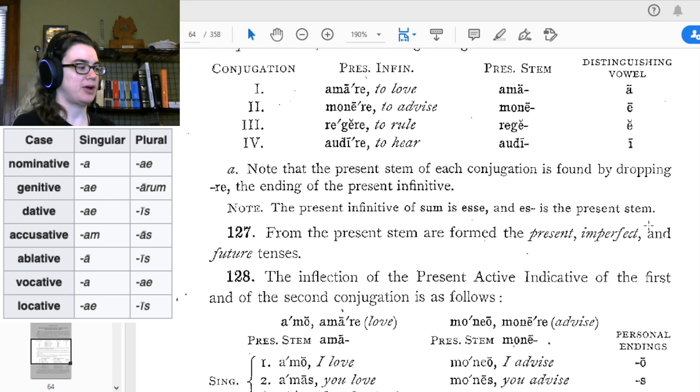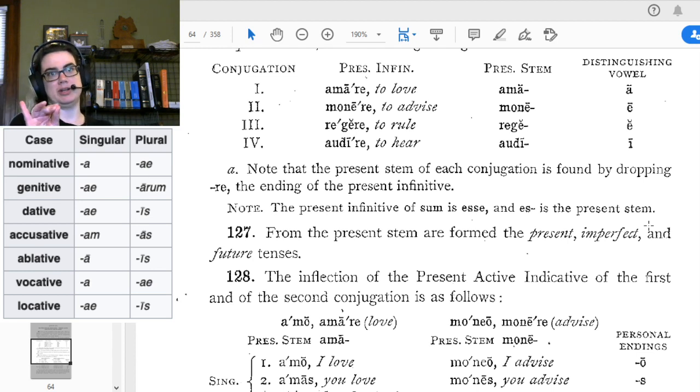Yeah, okay, we see that. The present infinitive of sum is esse, which is why S is the present stem, and sometimes you get sum, es, sumus, sunt, because when you get S's and vowels going on in irregular verbs, it gets to be a whole thing. All right. Now,